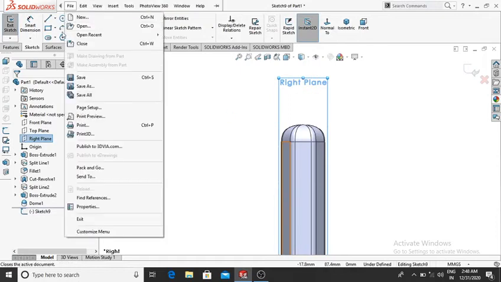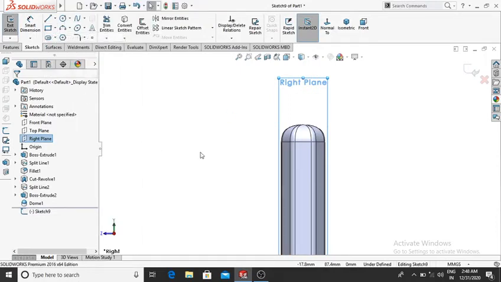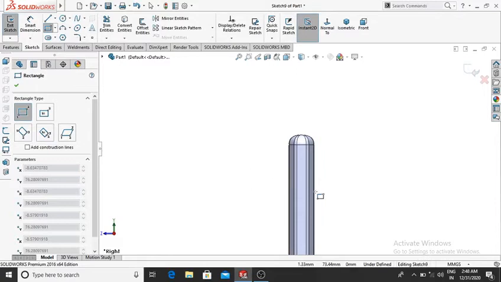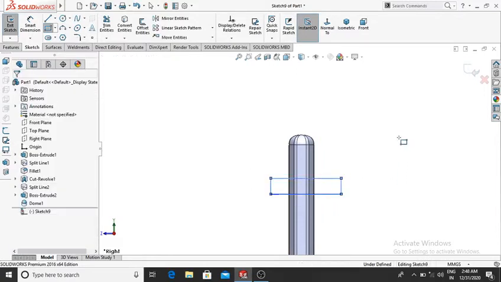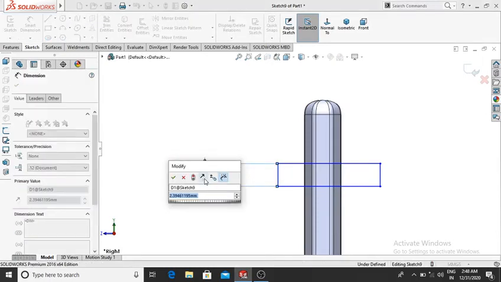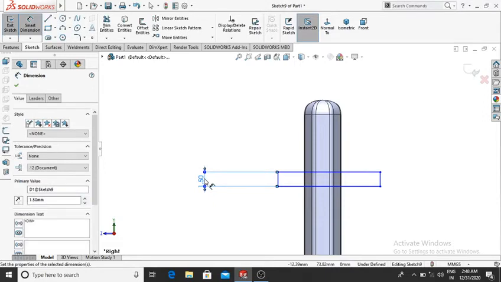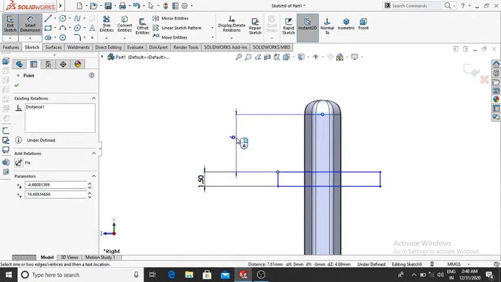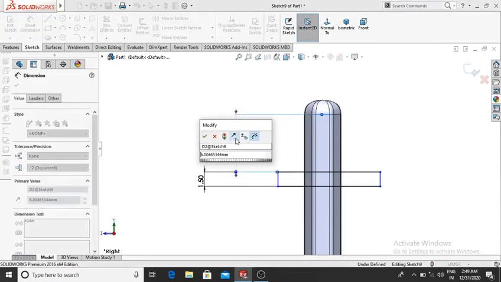Here we make the corner rectangle and make it up to here. Now go to the smart dimension. This gap will be 1.5 mm, and from this point to this one, this will be 10 mm.